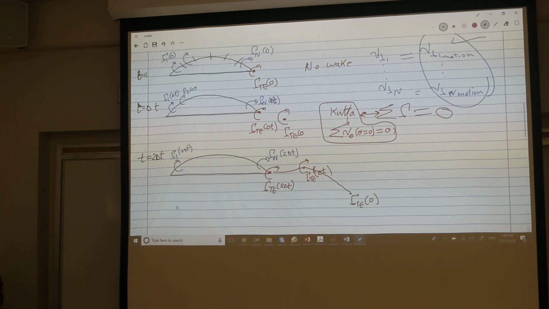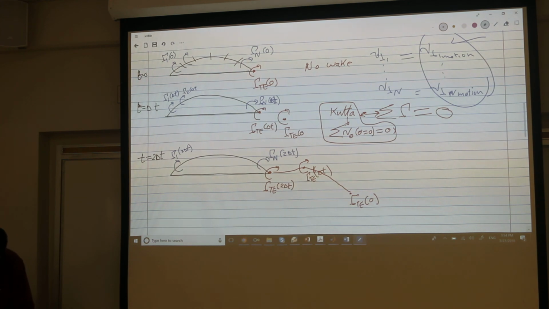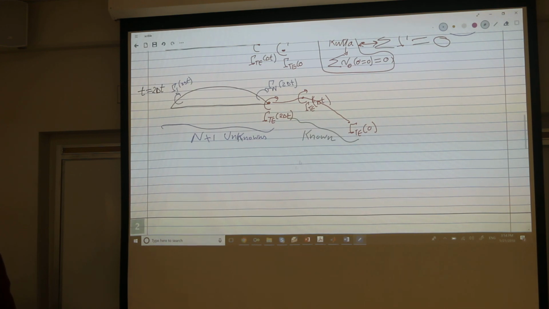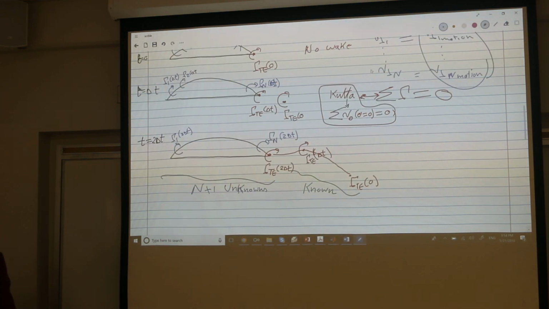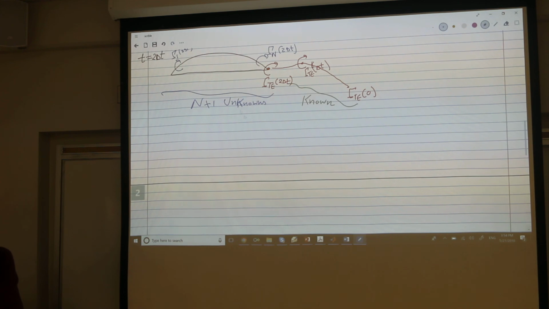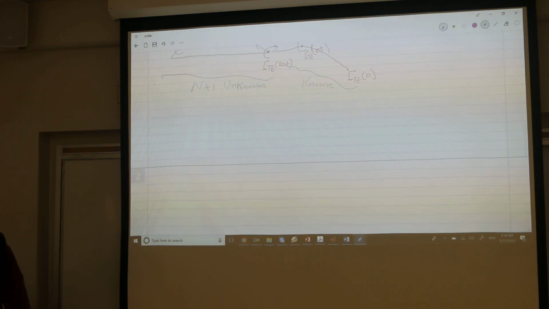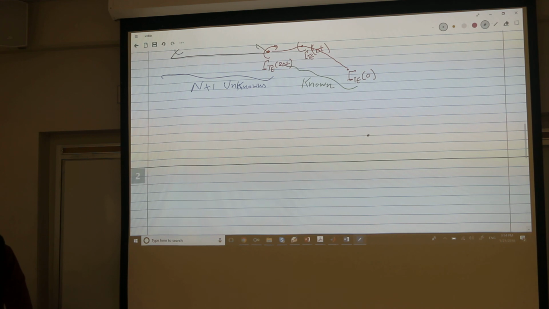Okay, so let's construct our system of equations. Like I said, these wake points are known. And here we have n+1 unknowns. So let's see how to construct one of these equations. We need to get the v due to gamma at one point and equate it to the v motion. So let's get this first. If you have a point here, P,